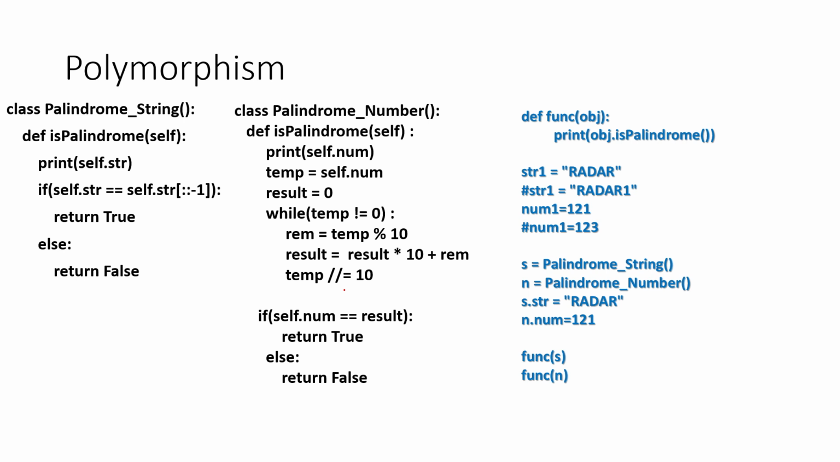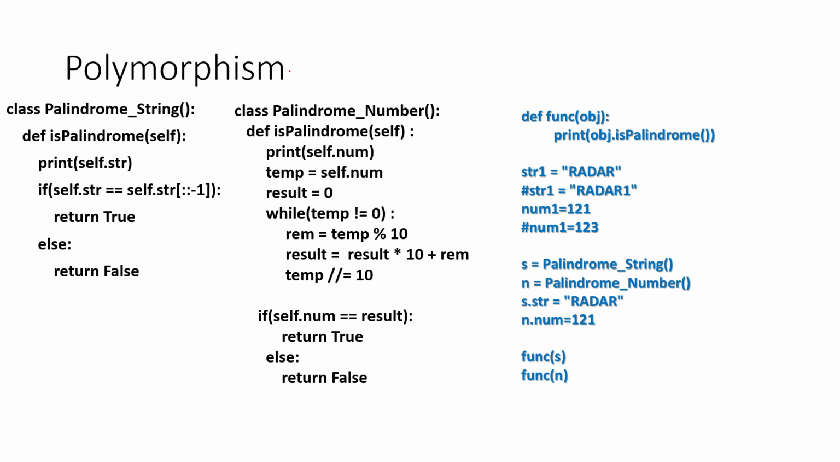When you reverse the string, if the original string and the reverse string are the same, we can say that the string is a palindrome string. The same way, when you reverse a number and the original number and reversed number are the same, we can say that the number is a palindrome number. I'll be using that concept to